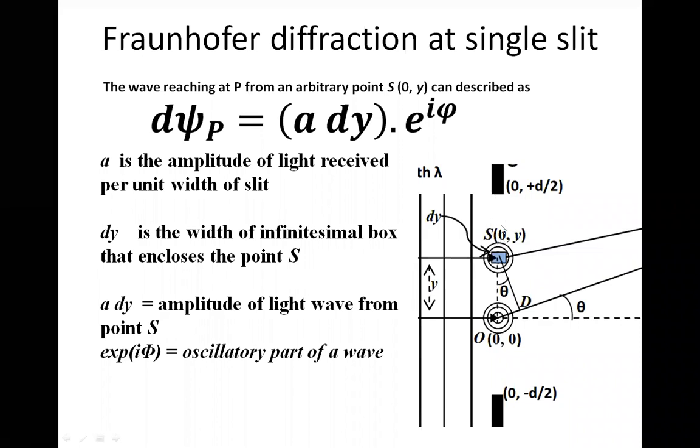So dy, like that. There are infinitely many dy's between plus d by 2 to minus d by 2, right? So one such dy I have exaggerated. The blue shaded portion you can see is representing one small slice of dy, right? So within the dy, your point S is residing. So this dy is going to contribute something. So it is the point source. First, you should know what is the amplitude coming from this point, and then you can multiply by this e power i phi to get the wave generated from this S.